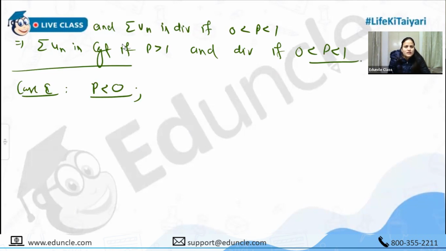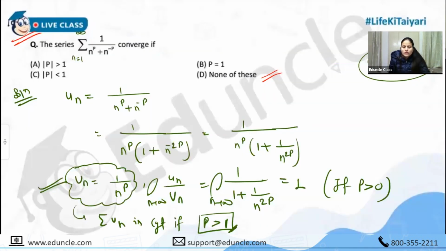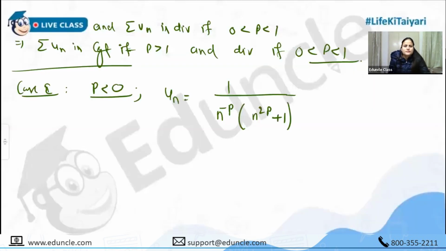So next case we'll take, when my p is less than 0. ठीक है, when my p is less than 0. So in this case, from the Un, I need to take n raised to minus p outside. So if I am taking n raised to minus p outside, then I will have here n raised to twice p plus का 1. Yes or no? Correct ना? तो p अगर negative है, so from the Un term I'll take n raised to minus p outside. So if I am taking n raised to minus p outside, then I will have here n raised to twice p. ठीक है, so if I am taking here Vn as 1 upon n raised to minus का p,